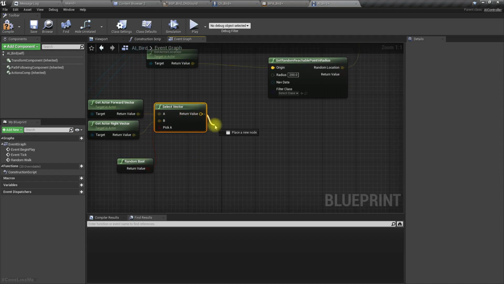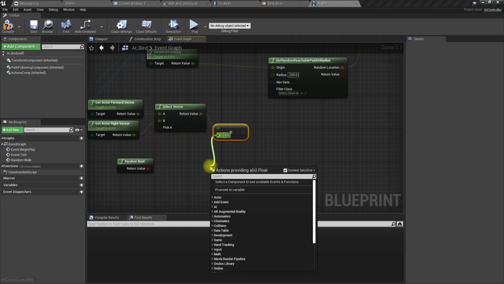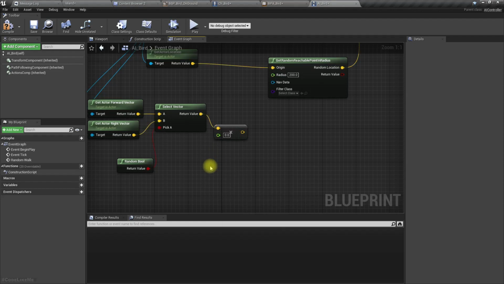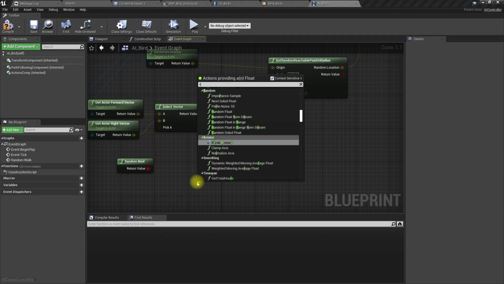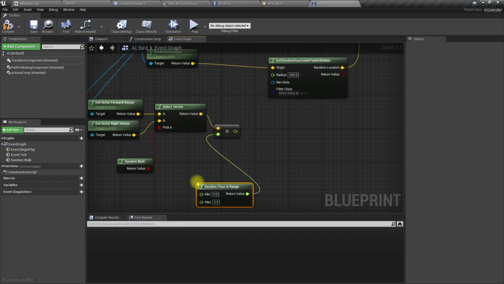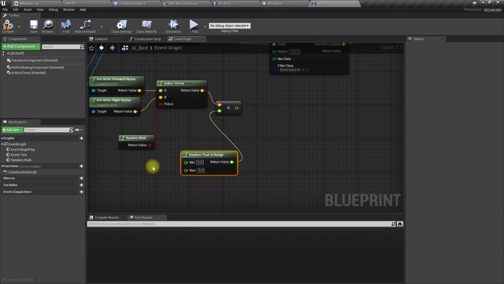Then multiply it by another random float. In range, minimum would be 50, maximum would be 100.